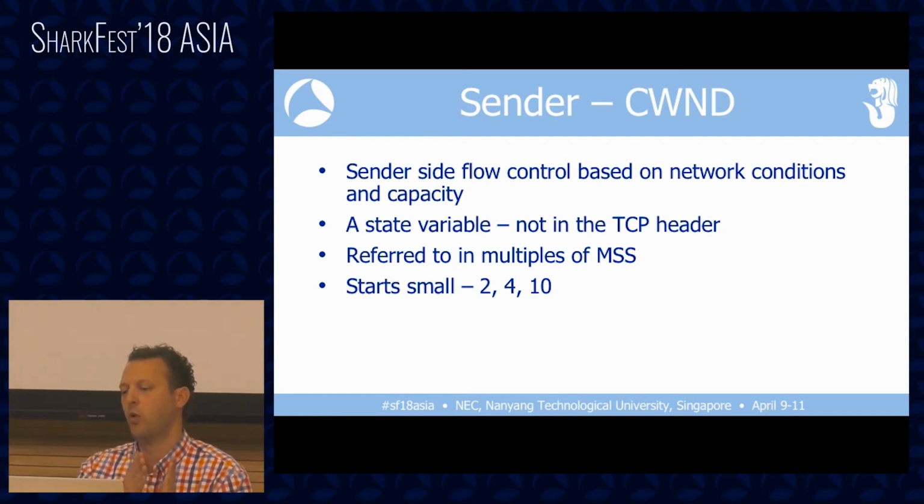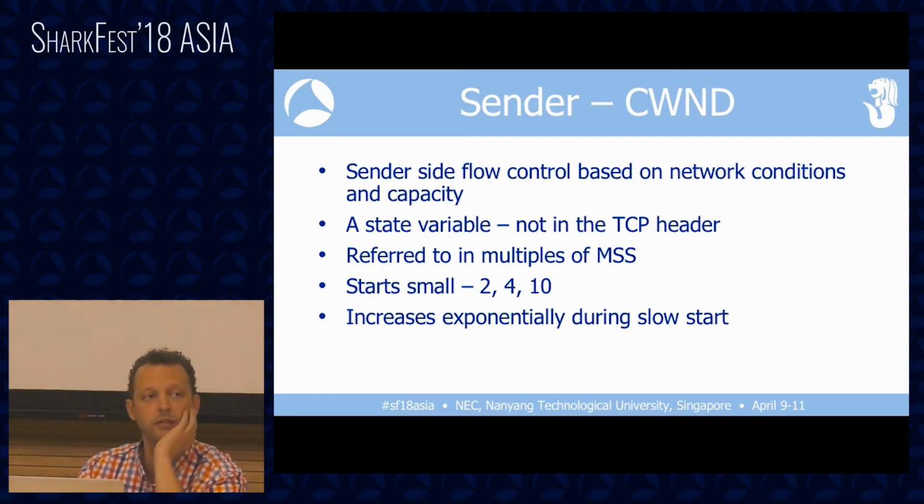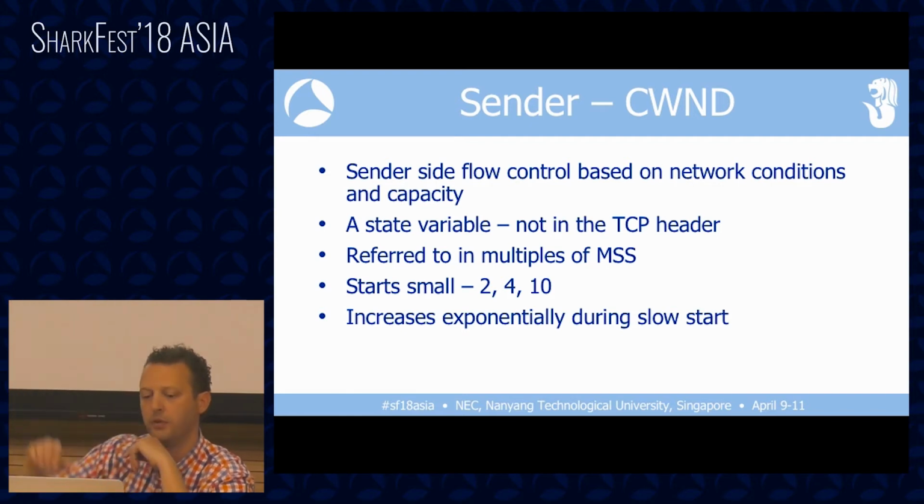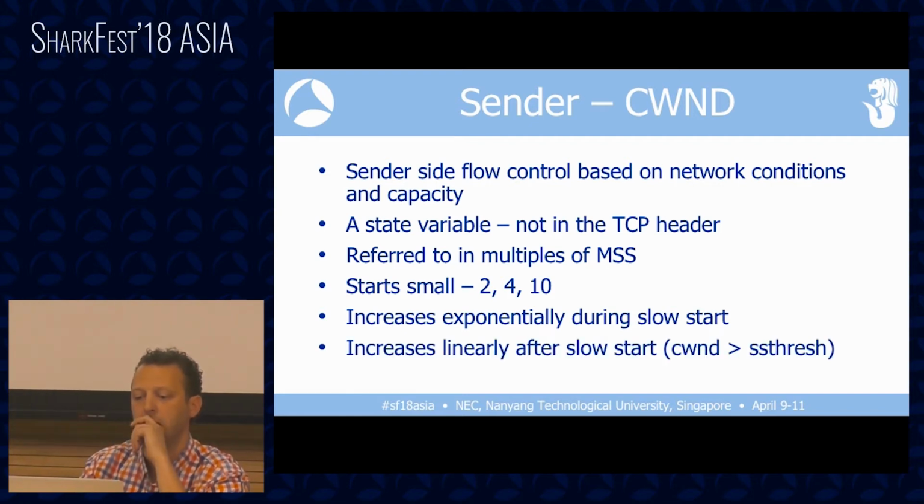So if you start with 1, 2, 4, but if you start with 10, you're going to ramp up much quicker, increase performance. So it increases exponentially during the slow start phase of the connection. So if I send 1, I have to wait for acknowledgement. Now I can send 2, wait for the acknowledgements to come back. I can send 4, and it continues doubling like that pattern, like an exponential curve going up until it reaches